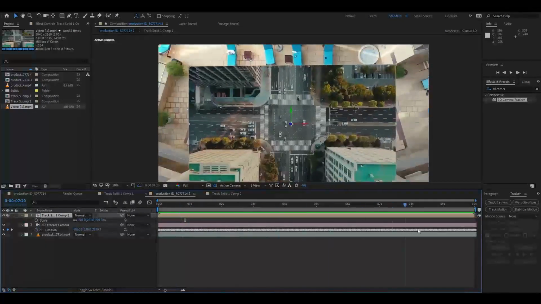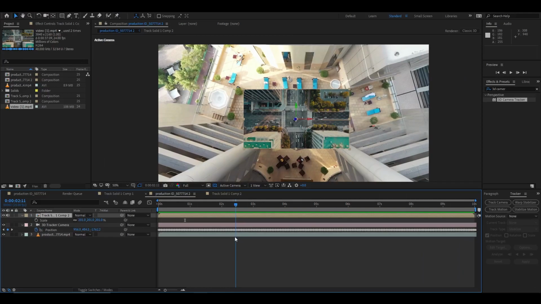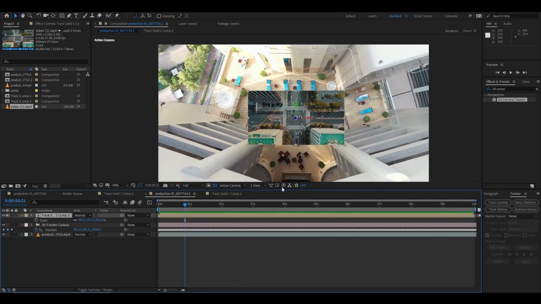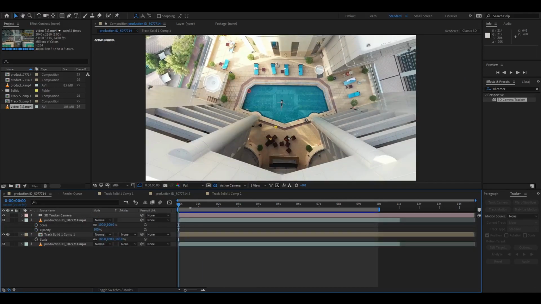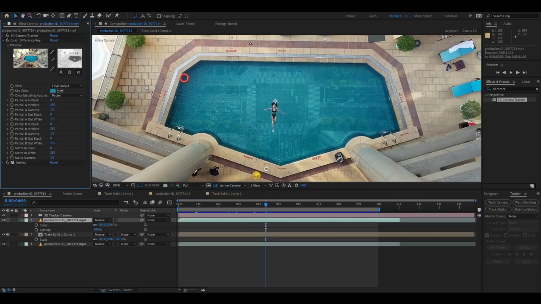Now it's totally working fine as it's tracking, as it's moving with the footage movement. And now to make it look like this, as you see the whole city is under the water. To make it so, I have to create a copy, and over there I used an effect called color difference key, and with the help of that I had just differentiated this